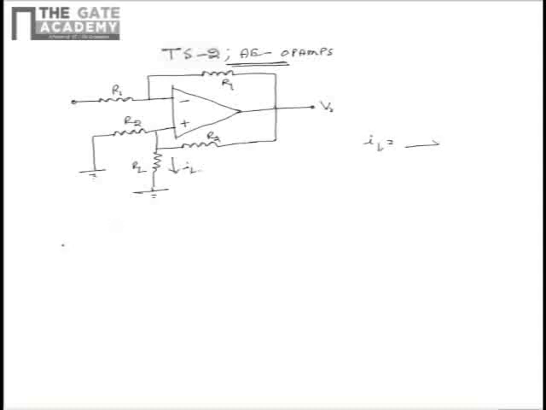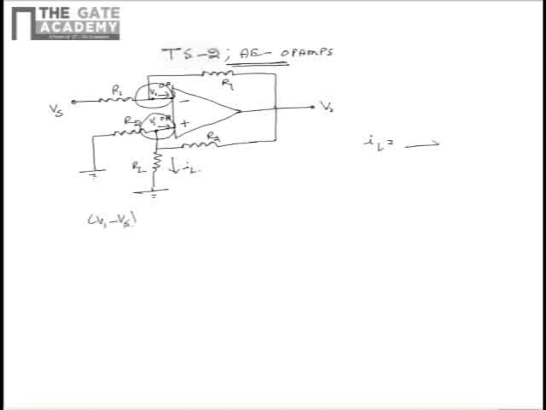We see that the op-amps have infinite input resistance, hence the current drawn by the op-amp input terminals is equal to 0 ampere. Because of these reasons, both the input nodes of the op-amps have the same potential V1. So upon applying KCL at the node 1 that is being marked now, and at the node 2 that is being marked now as well, we see that